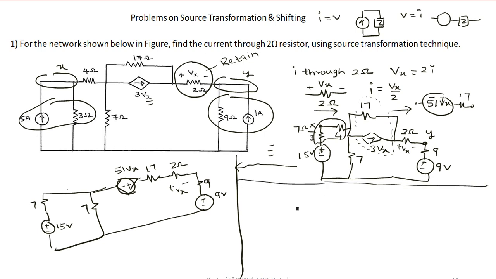So next, this circuit you can convert into the next form. Here what we can observe is, again we have a voltage source in series with this. So this can be converted into a current source so that we get 7 and 7 in parallel. Okay. So if we do that, if I consider only this part, the current will be 15 divided by 7, that will turn out to be how much?